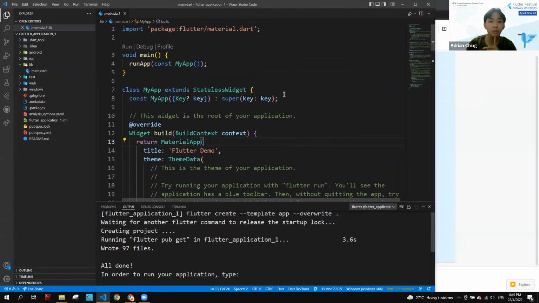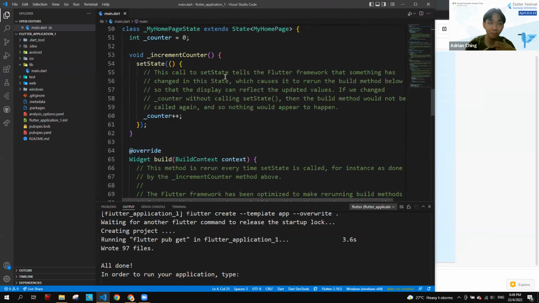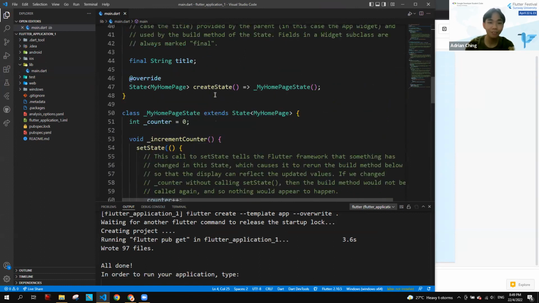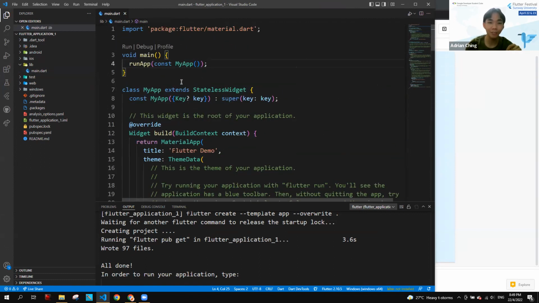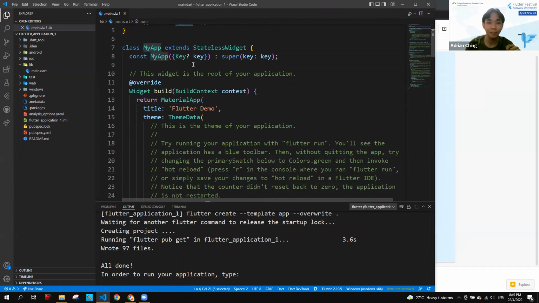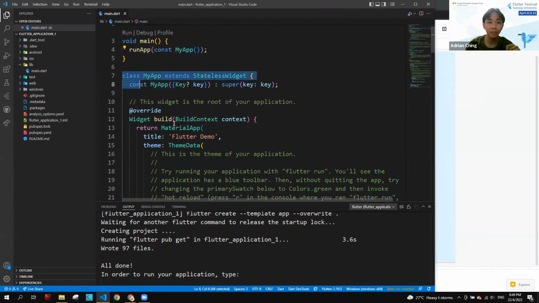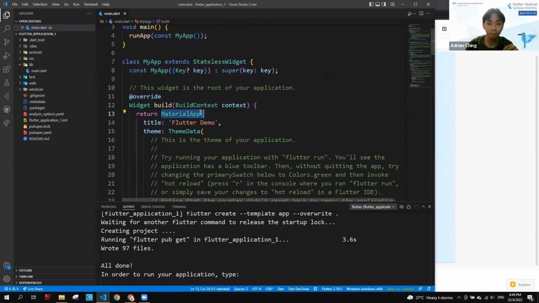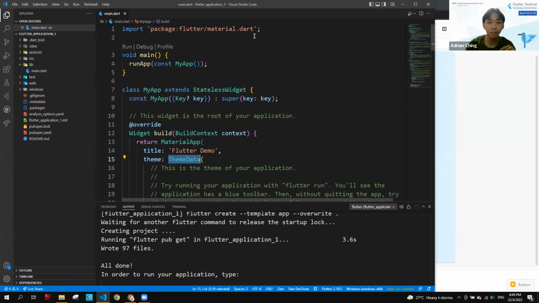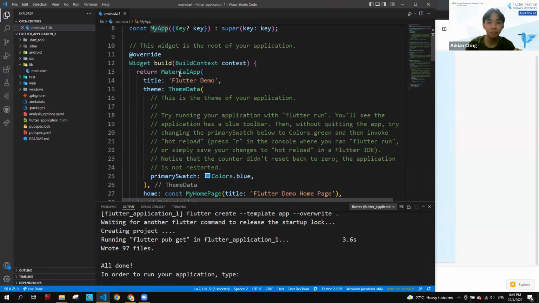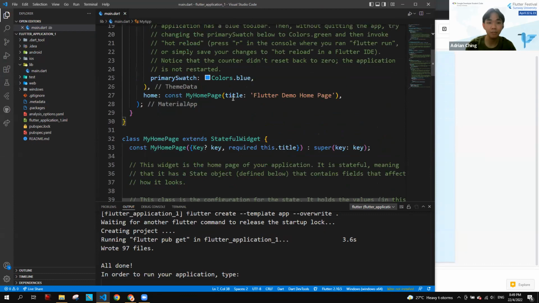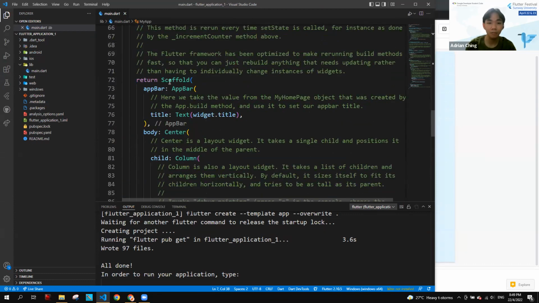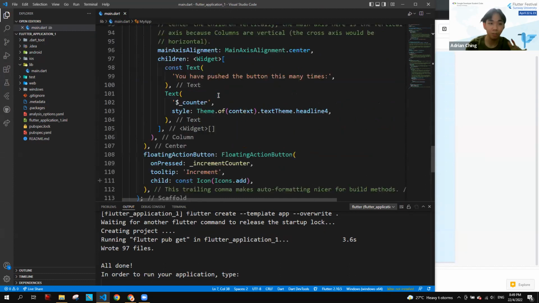Now all of this code over here is actually generated by Flutter, and this is the demo app, so later on we will run it, but not now. Now we just see all of the different things over here. So this is a widget. This widget is created by us, and some of these widgets like material app, theme data, are provided in the Flutter library already, but something like my app are user created widgets. And there are a lot of widgets like scaffold, app bar, center, column, all of these are widgets.